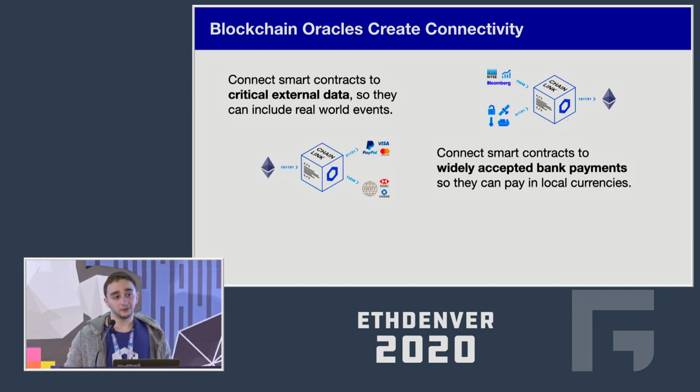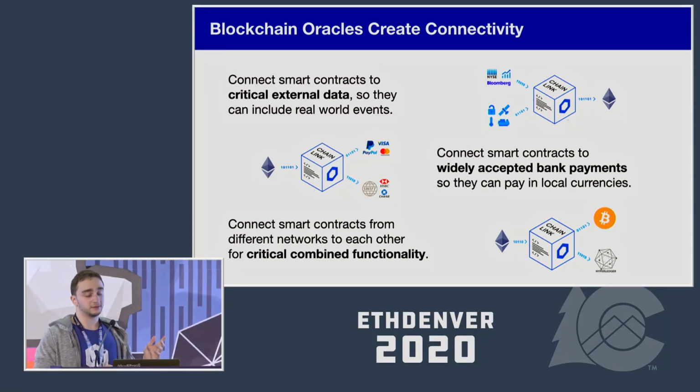We also want smart contracts to be able to access real-world payment methods. So that means being able to plug into PayPal, being able to plug into Swift, all of these payment methods which are necessary because not everyone is ready yet to adopt cryptocurrencies and to have payments made in crypto. So having access to the real-world kind of widely accepted payment methods is extremely important.